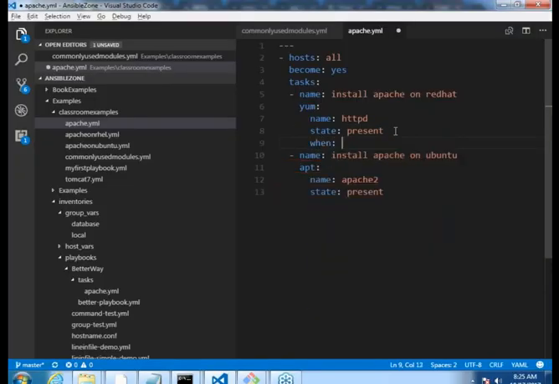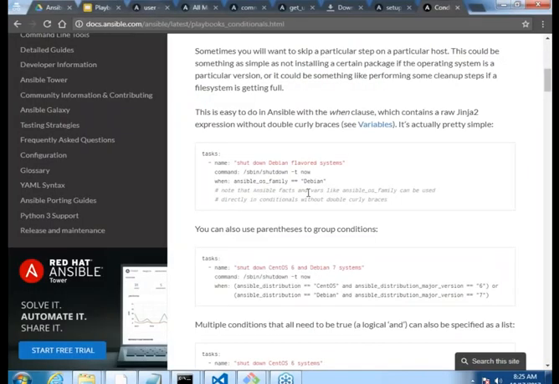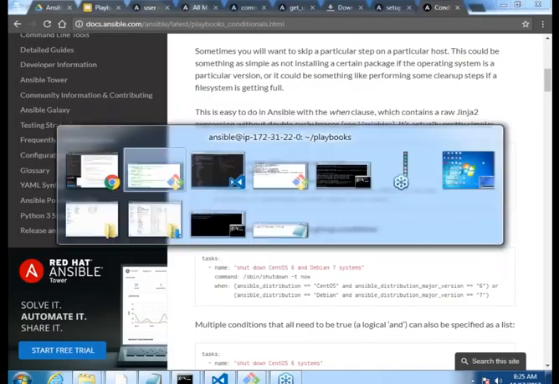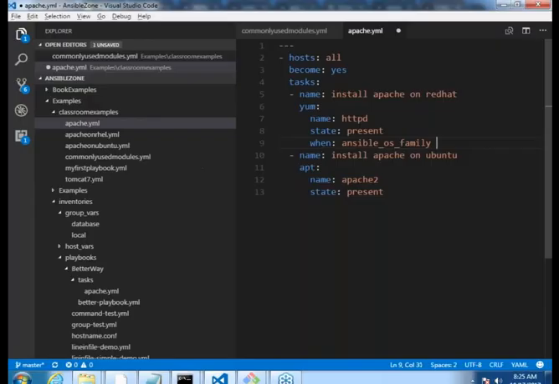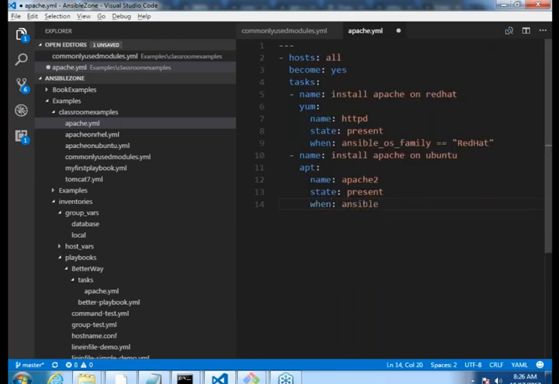when ansible_os_family. Okay, exactly the same thing. You would see the same example over here also. So ansible_os_family is equal to, okay. Similarly, here when ansible_os_family is equal to,